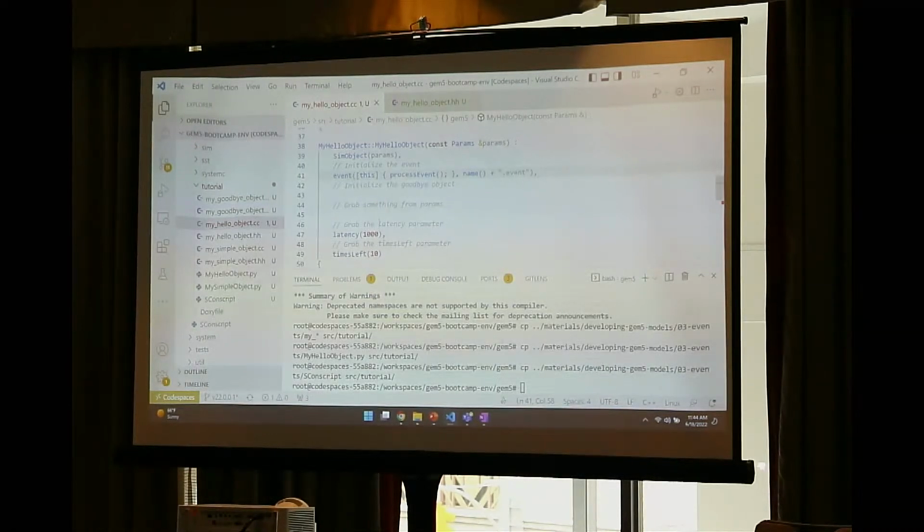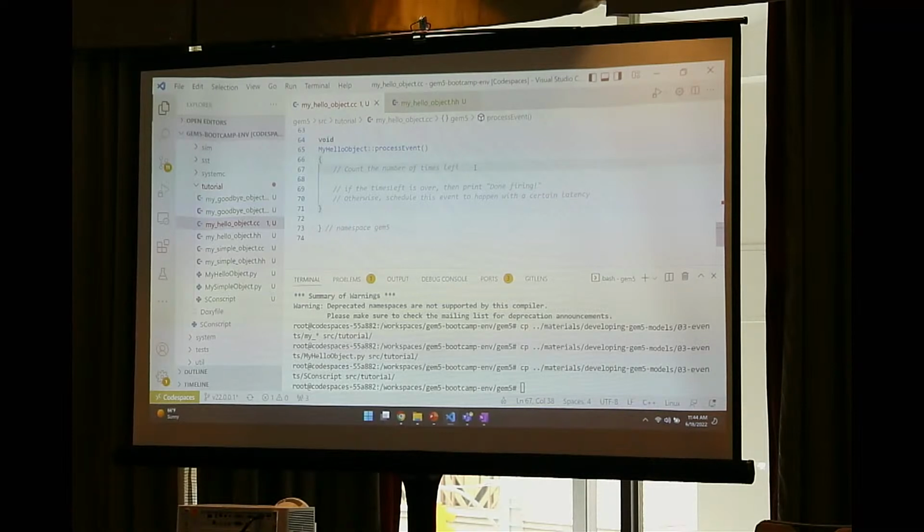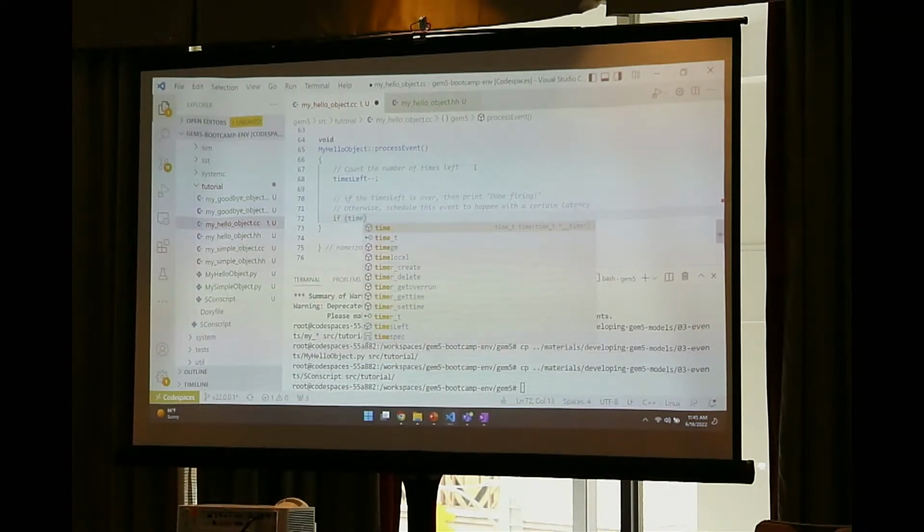Okay. So we also have the latency and times left. I'm afraid this isn't going to work because of this dprintf problem that we're running into, but we'll worry about that later. So now we're going to think about what we want to do to process the event. What we want to do is do this event for some number of times with a latency in between each time. So in the event, we are going to decrement the number of times we have to do it in the future. And then if times left is greater than 0,